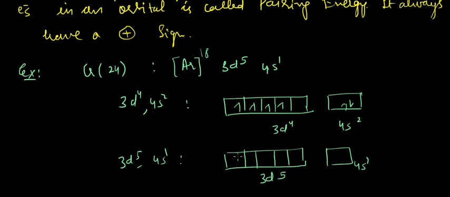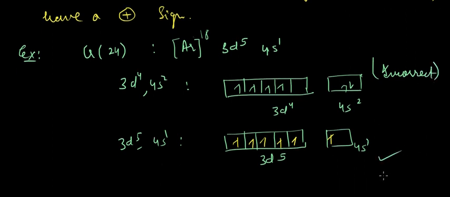So the configuration would be here 1 2 3 4 5 and 1. So here this is obviously incorrect. Here we are actually saving on a pairing energy, and we are also having more exchange energy than the previous one. Hence here this actually validates our rule, or our theory, of half filled and fully filled orbitals. Okay,